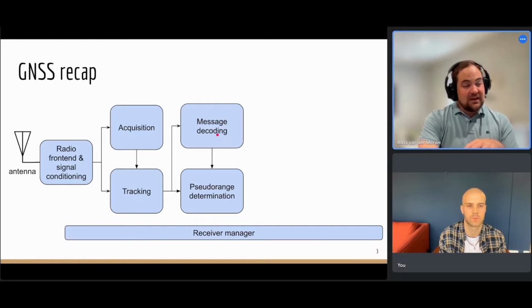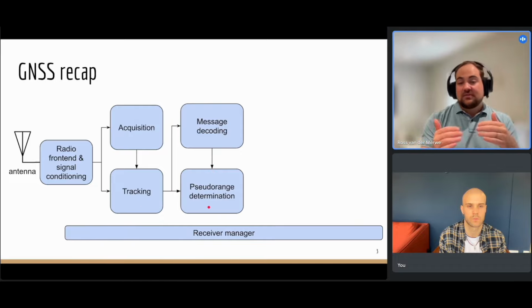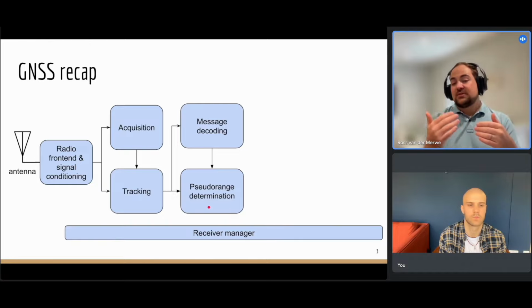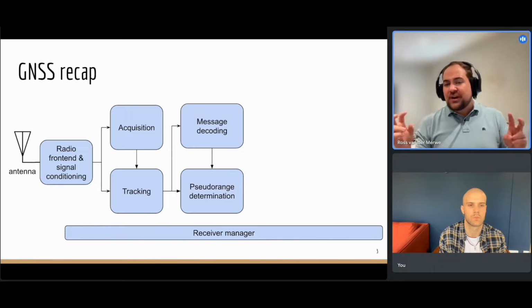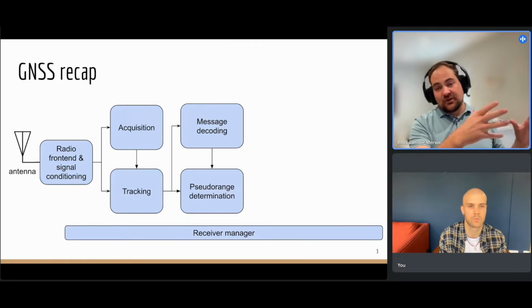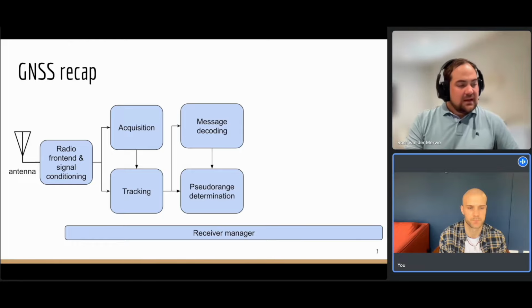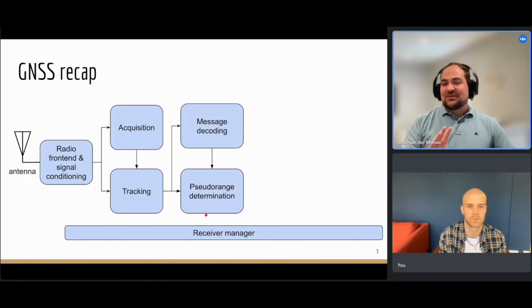Your satellite position, together with your tracking results, lets you calculate your pseudo range. The pseudo range is the range between yourself and the satellite. But because you don't know exactly where you are yet, it's not a true range. This is why we differentiate between a geometric range, or geo range, and a pseudo range. Pseudo range still has some offset that you have to figure out later on. At this point, we're very, very close to telling ourselves where we are in the world. There's still one more step before we get there, and that is corrections.